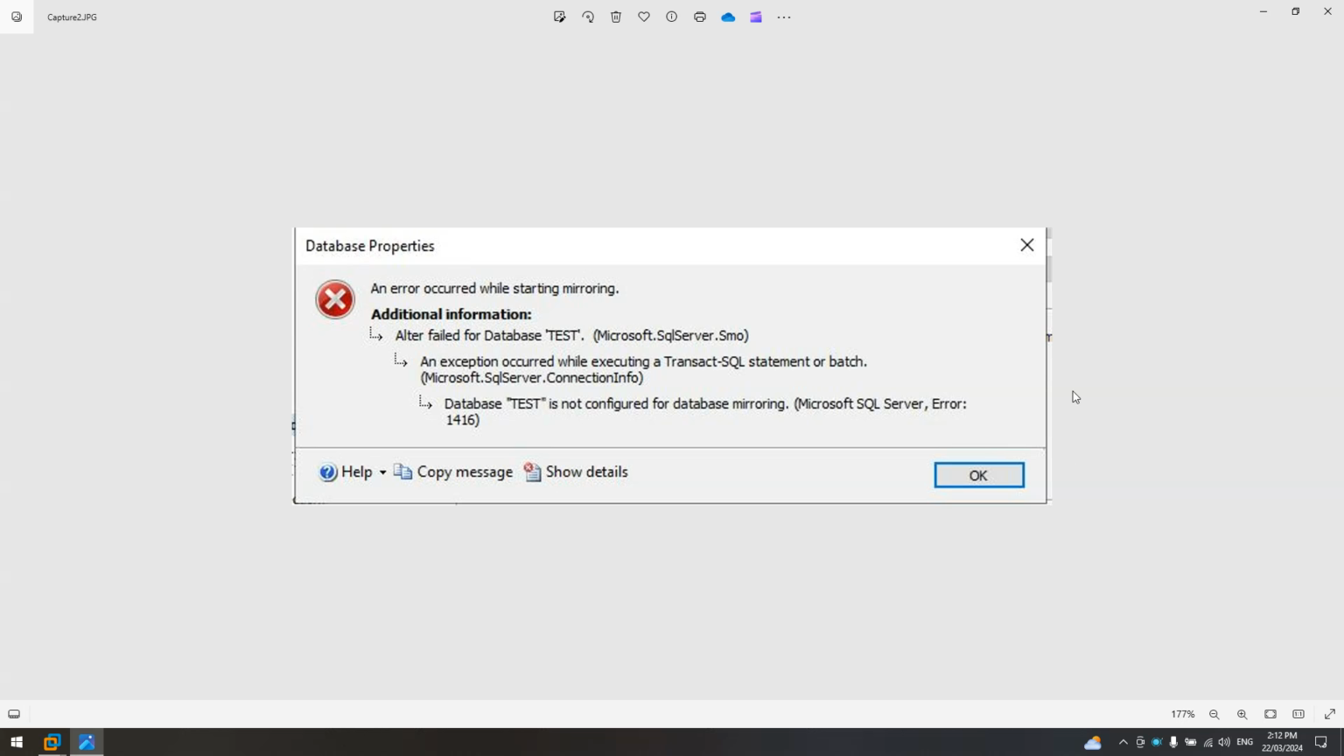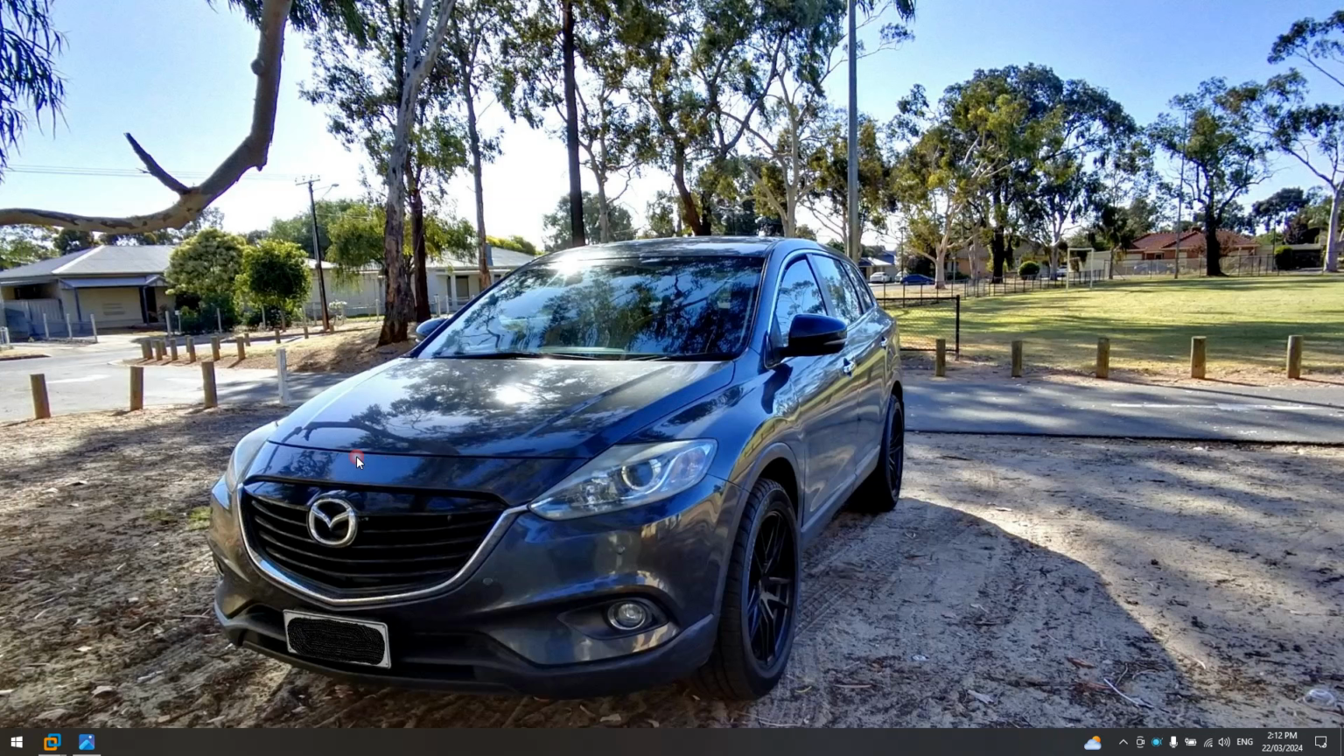The possible reason for this type of error is that there was an existing mirroring and you suddenly stopped it and you tried to re-enable the mirroring again on the same database, and this error will normally show. So I'm going to simulate that issue,